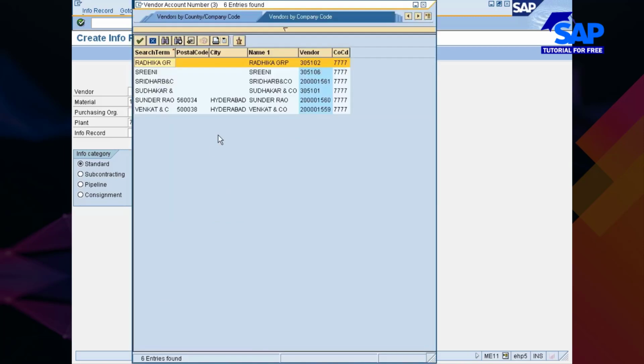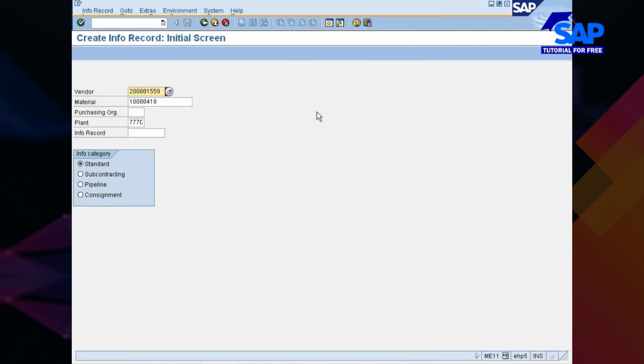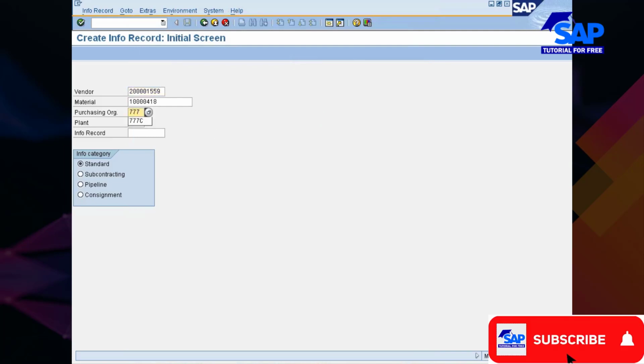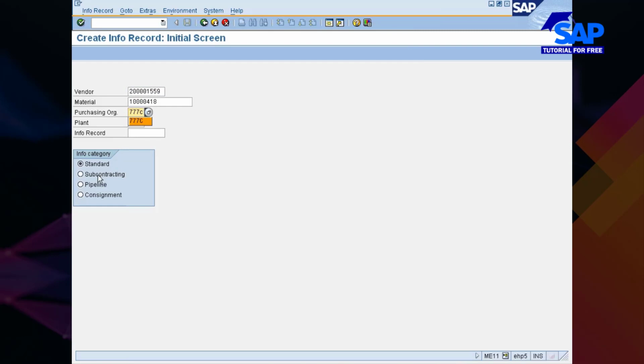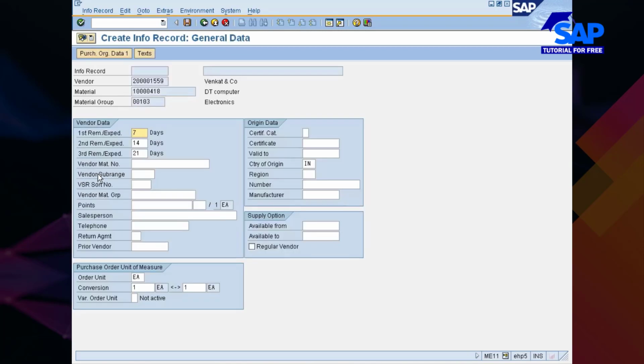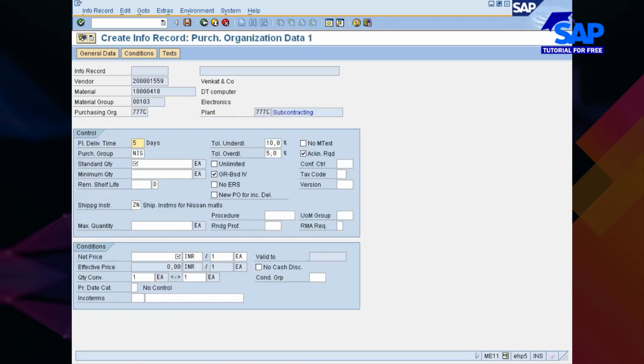777 is the thing. I'm going with Venkat as the vendor. Purchasing Organization 777C. You see here, you have to choose info record category as subcontracting. I'll just hit enter. Okay. Now here, when you hit enter, standard quantity, minimum of say 10, net price is service charge